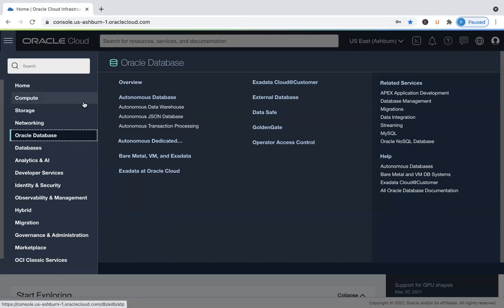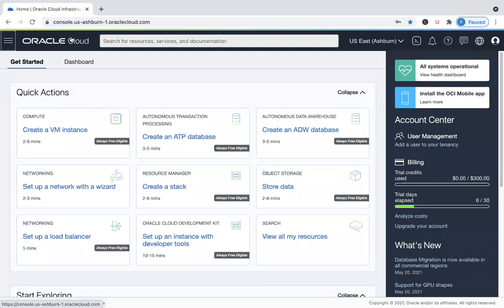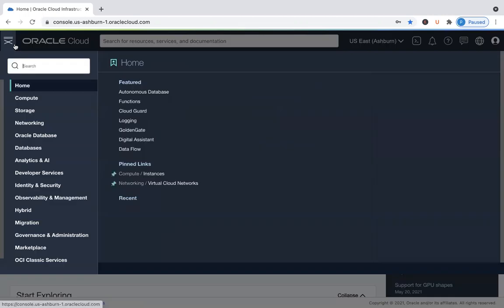You've got plenty of options available here in terms of different types of services, infrastructure services to be precise, that clients can procure from Oracle Cloud. Whenever they have to buy anything in the cloud, they have to come here, go to the relevant option, and they can procure that.